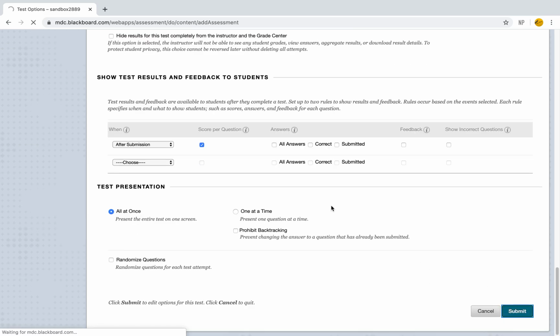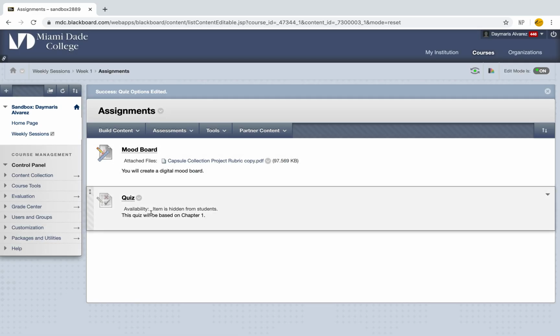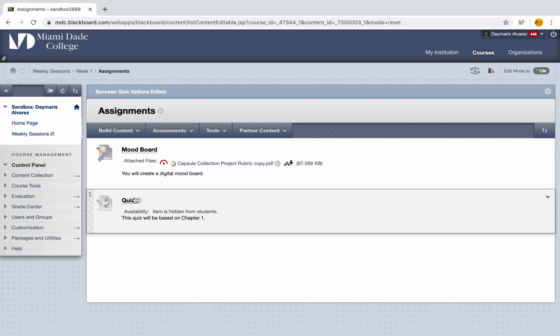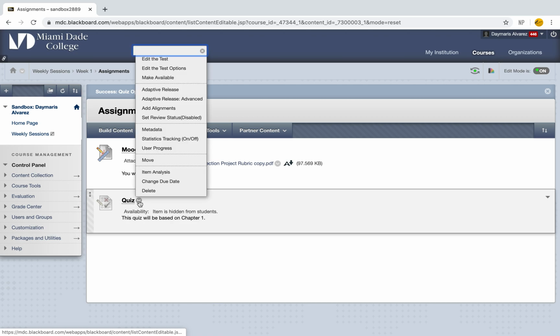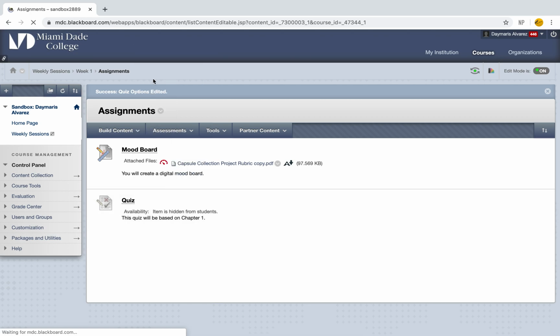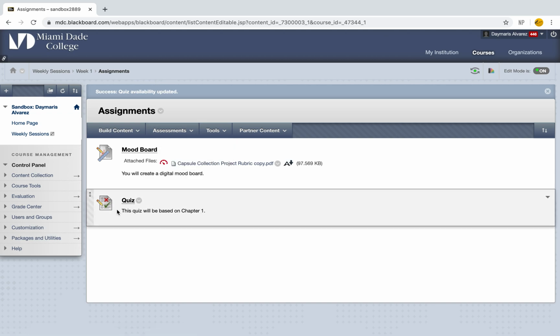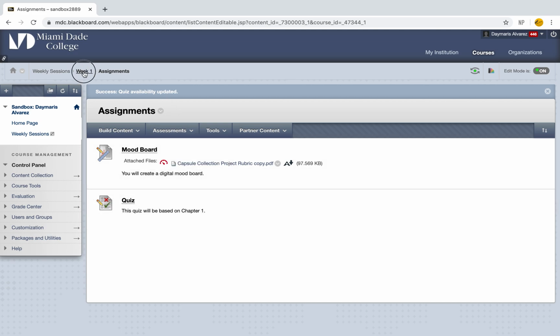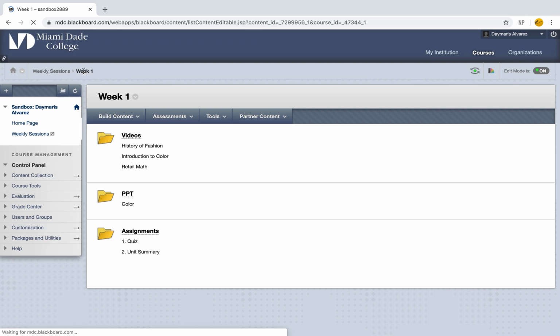Now I created my first quiz, which is going to be available for my students. Now you see this availability item is hidden from students. Well, I'm going to go ahead and select that little circle with the arrow, and I'm going to click on make available. Now, it is all black, nothing is grayed out, and it is available for my students. So if I go back to that little week 1 on the top, I have everything that I wanted to